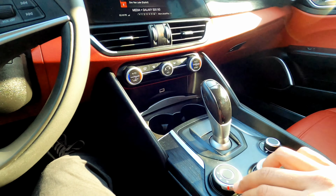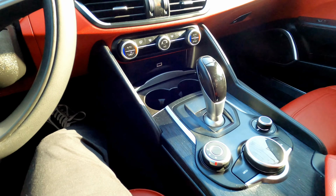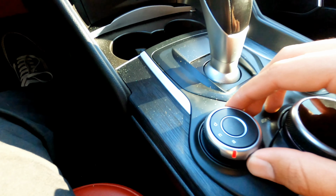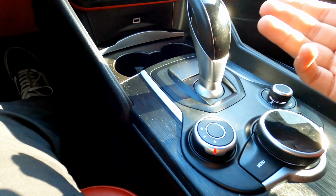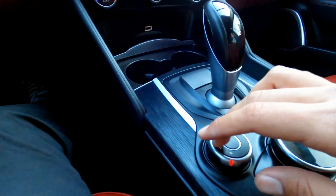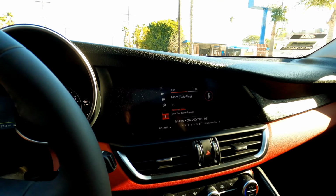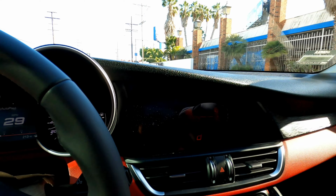Right down here is what you have. What you have is called DNA. Okay, now what does that mean, DNA? So DNA is your different driving modes, okay? A is your eco mode, N is your natural mode, and D is the dynamic mode, which is, again, much more race oriented. So you get this here, see. N, again, natural mode, dynamic mode,